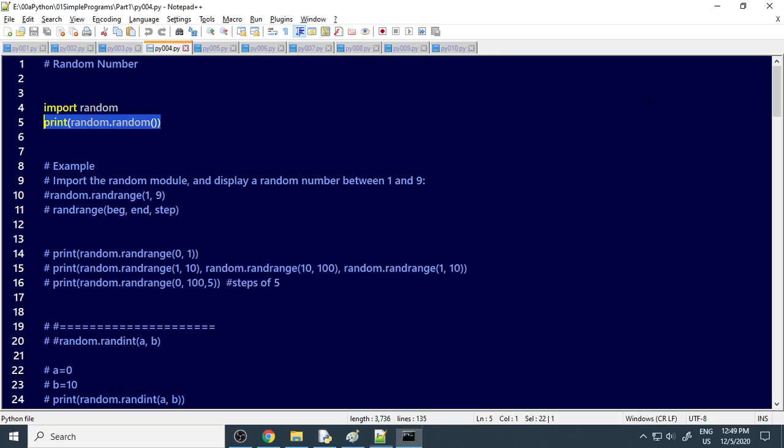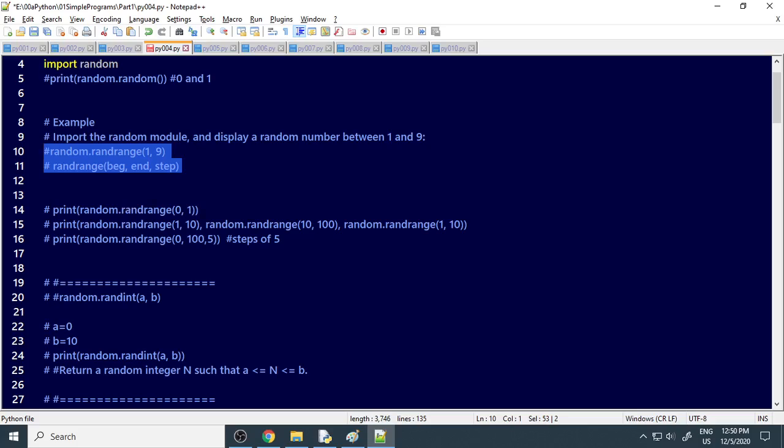By default the random number is generated between 0 and 1, and it gives a lot of decimal values. If we don't want this, then we can move on and check it out as a range. With a range, we can print a value between the range we want. For example, I want a number between 0 and 1, whether it should be 0 or it may be 1, nothing else. In that case we can say random.range, we can give the range.